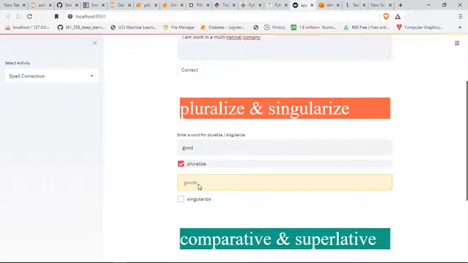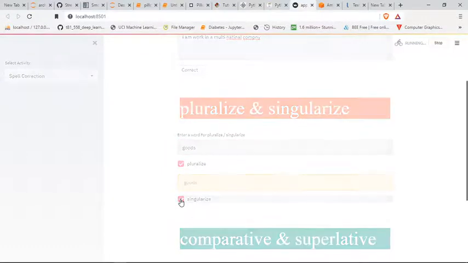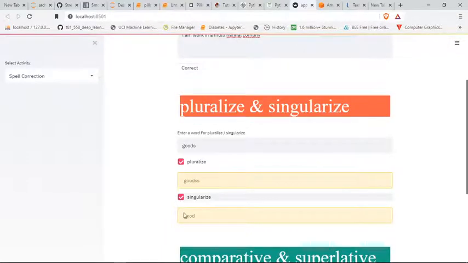If I convert this plural into the singular, then I write here plural and I convert it into the singular, then I click on the singularization checkbox. Yeah, it converts plural into singular.